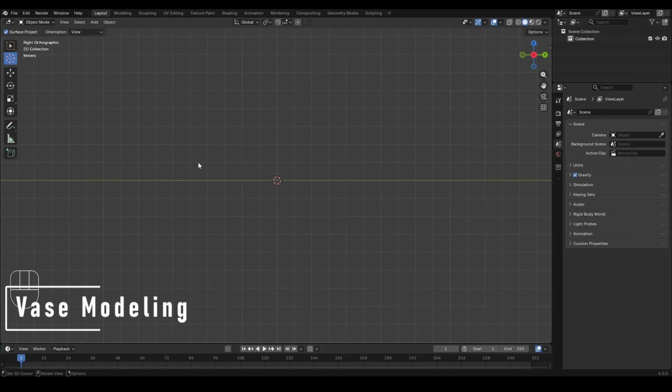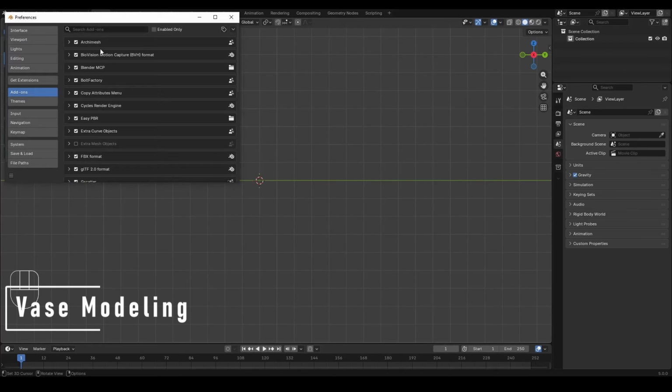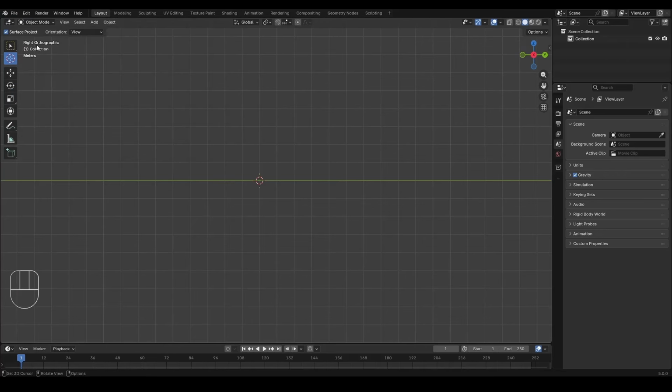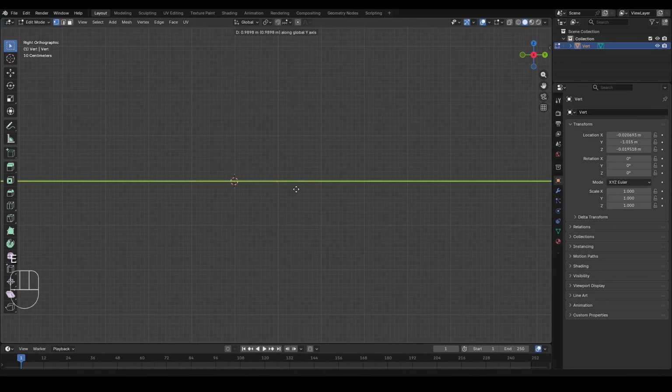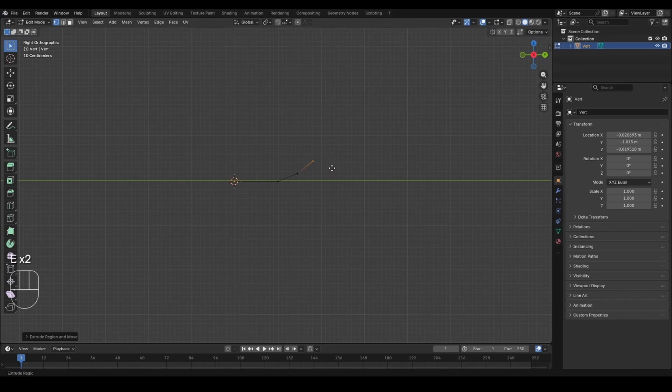First, I fixed the 3D cursor to place everything accurately. Then, I enabled the Extra Mesh Objects add-on and added a single vert to the scene. In edit mode, I shaped the base outline